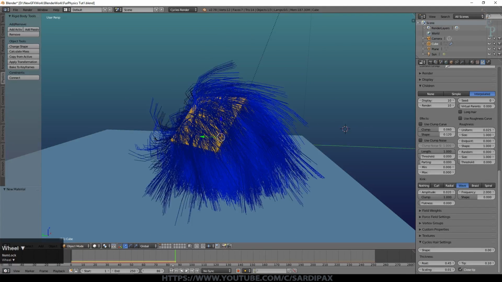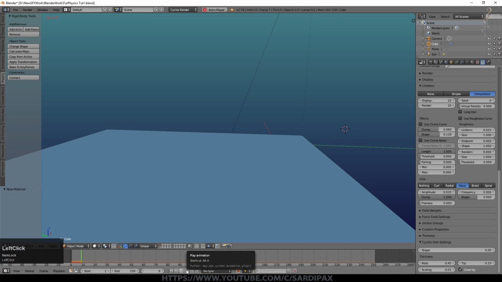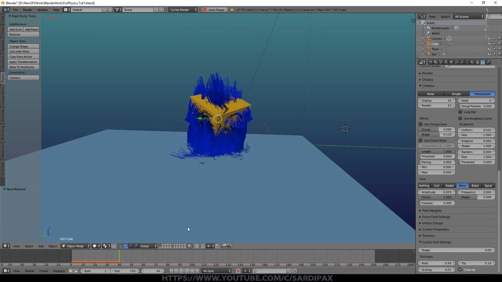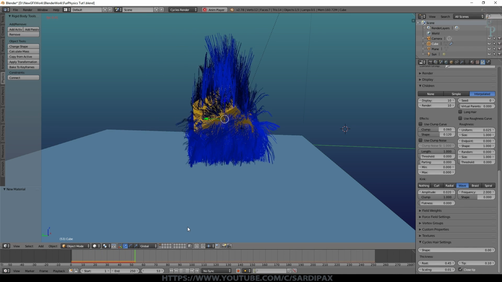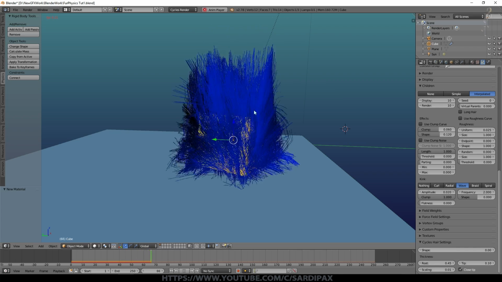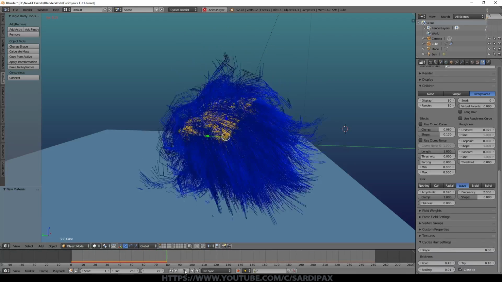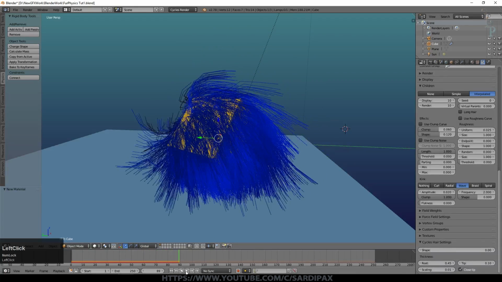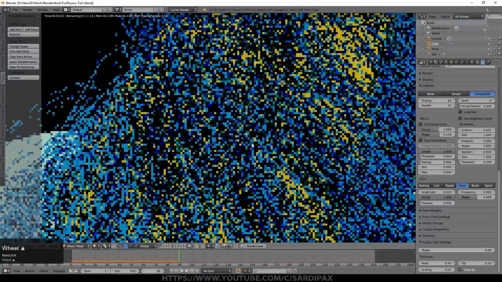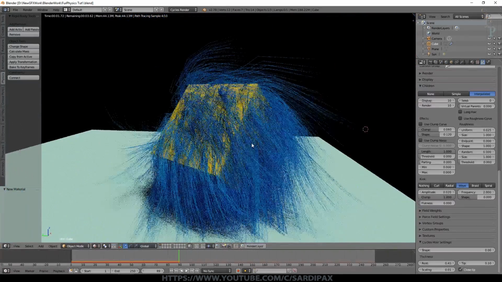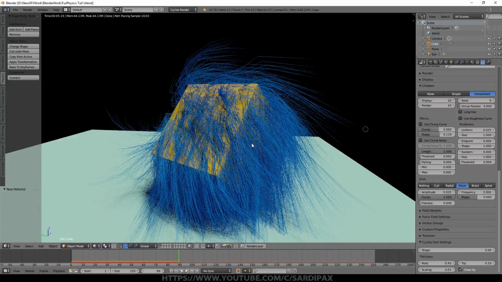So let's just make it recalculate just in case it needs to. And there it goes. And you notice the hair has mass as well, because that swings up. It's not just, as it were, the air of the movement of the object moving the hair. You can now see it's a much finer hair system. And be careful zooming in the way I just did when you're using the preview mode, because when you've got a lot of hairs on there, suddenly Blender has to render an awful lot and it can just crash. So make sure you save plenty of times.